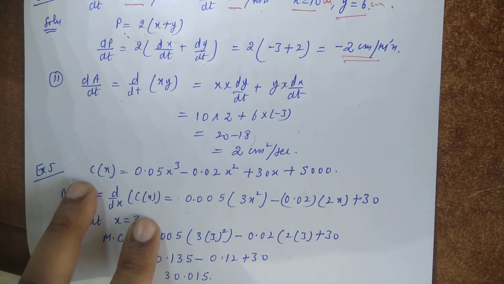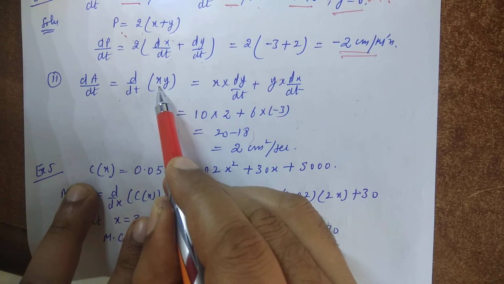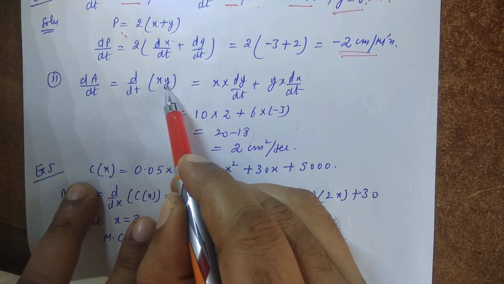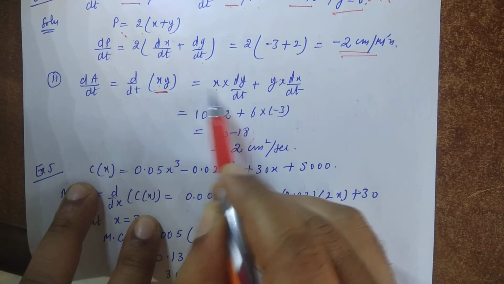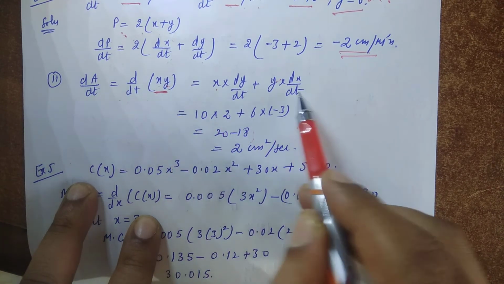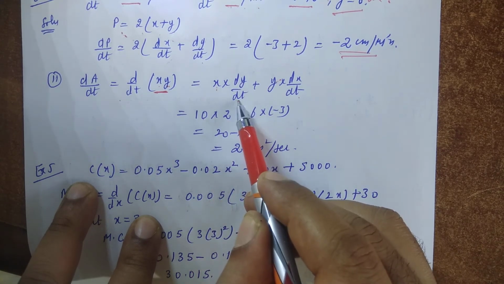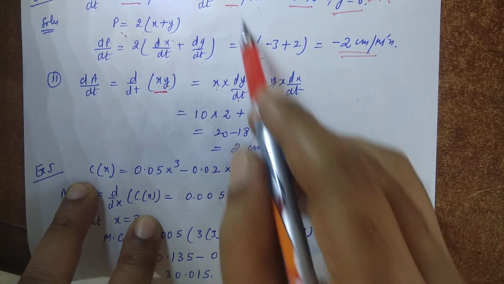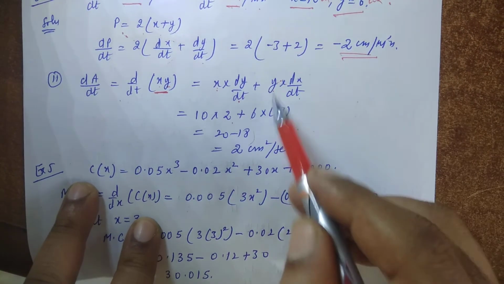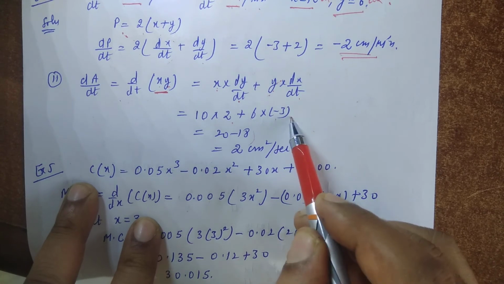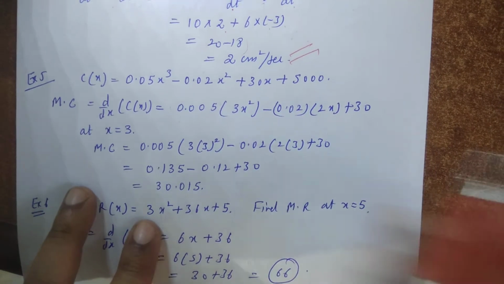So he is also saying find the rate of change of area. We know that area is equal to length times breadth. X is the length, y is the breadth. I apply the product rule here. First function as it is, derivative of second, plus second as it is, derivative of first. So x is 10, dy by dt is 2, I have substituted, plus y as it is 6, and dx by dt is minus 3. So after calculation, this is the next answer.